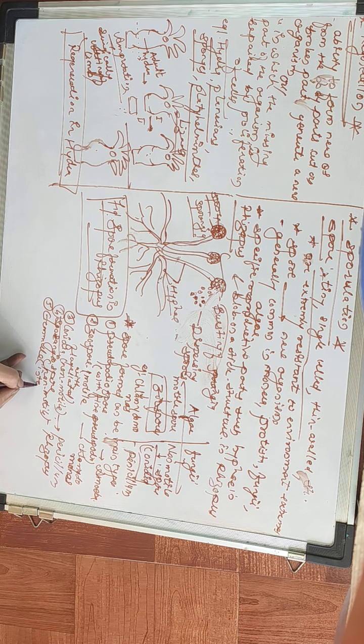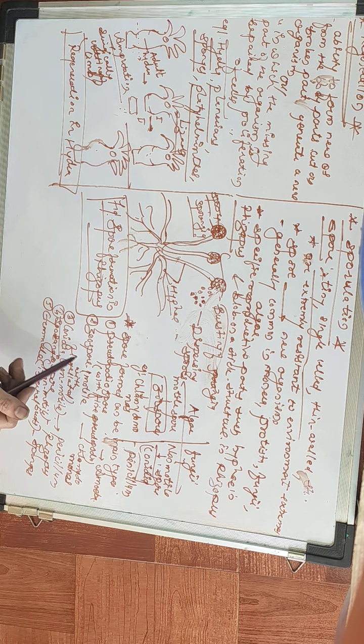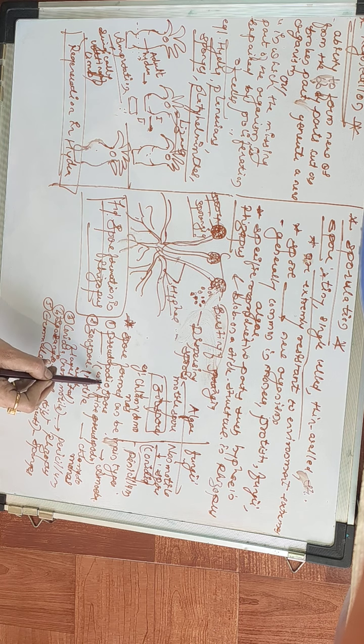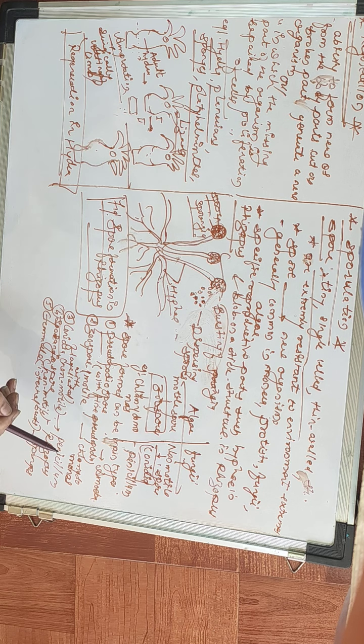that is called internal buds, and that generally occurs in sponges. Okay, so these are the 5 different types of spores produced by different organisms. First is called pseudopodiospores. Pseudopodiospores means they have fine, small pseudopodia, and that occurs in amoeba. Zoospores are motile with flagella. That's why they are called zoospores, and this generally occurs in algae, such as Chlamydomonas.